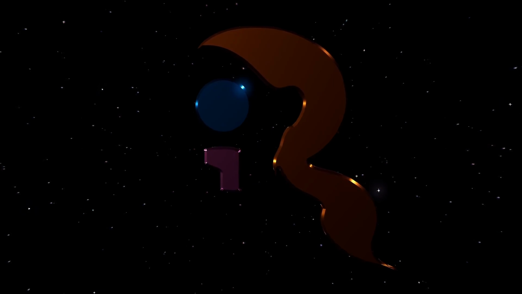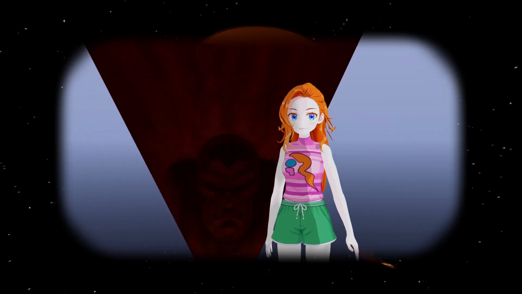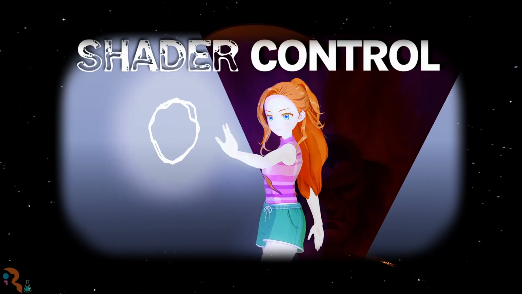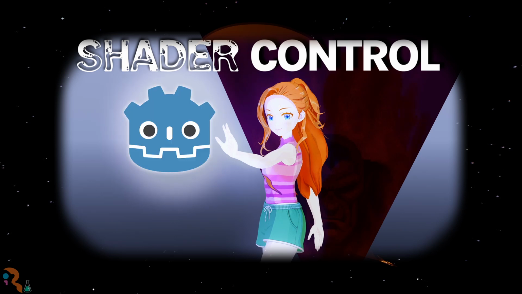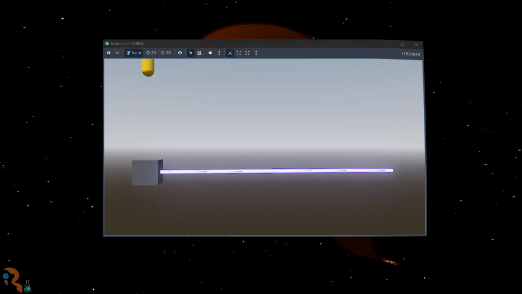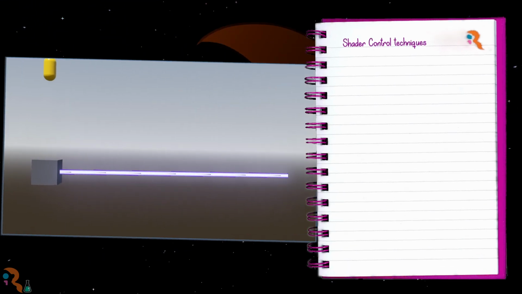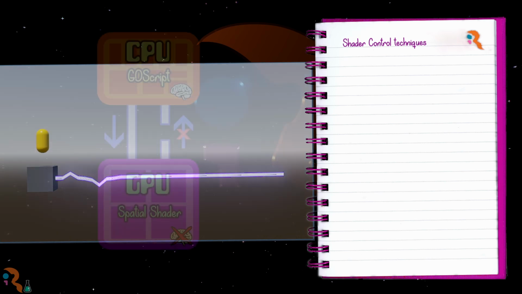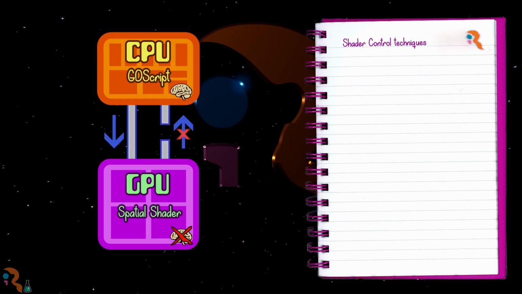Today we will see how to manage shader animation, and specifically how to control activation, deactivation, and timing of a shader in Godot 4. We will create the sample animation using different techniques, depending on the shader's level of autonomy. Since the shader runs on the GPU, the more things it can do on its own, the less the CPU is involved, thus reducing CPU load and GPU interruptions.